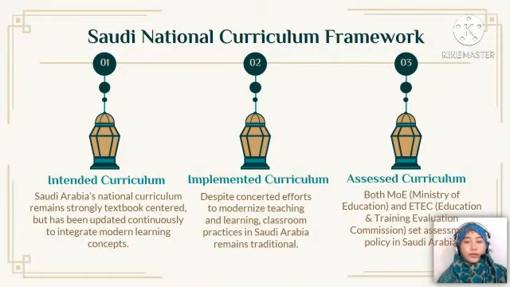Saudi National Curriculum Framework. So let us look at Saudi Arabia's curriculum from the perspective of these three dimensions. First, the intended curriculum. It refers to what the curriculum expects students to learn. The intended curriculum increasingly includes objectives for learning attainment, often termed learning standards, which clarify what students are expected to have mastered at the end of the cycle of education. These elements can be further disaggregated through phases or grades and specific learning areas.